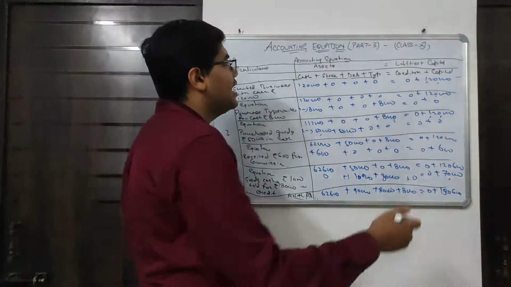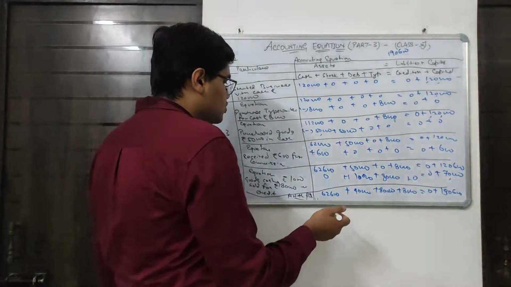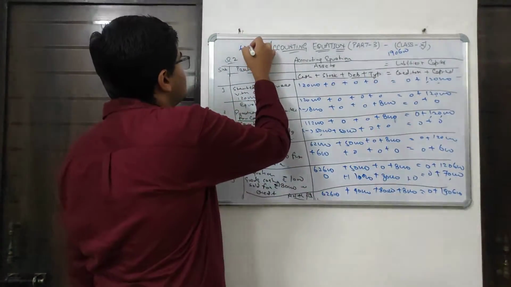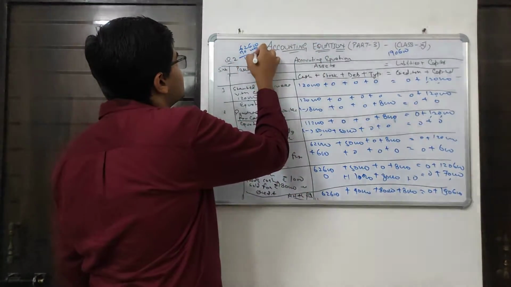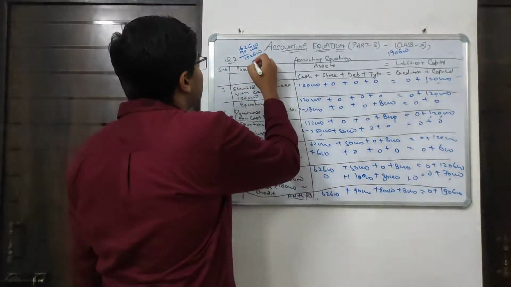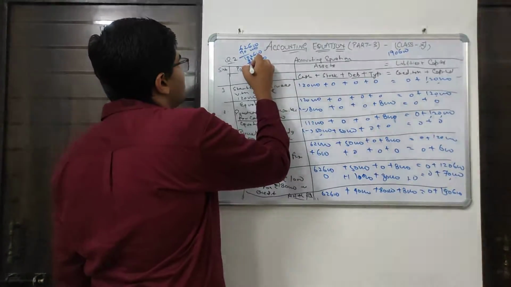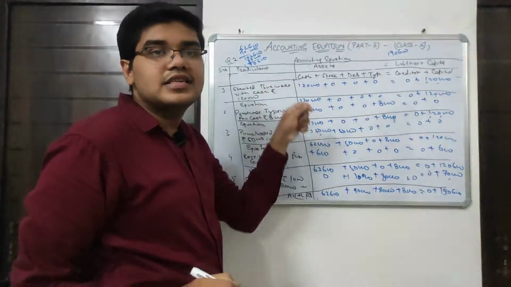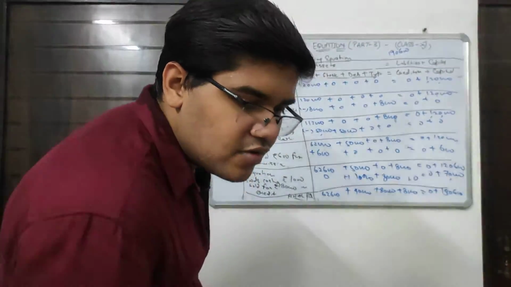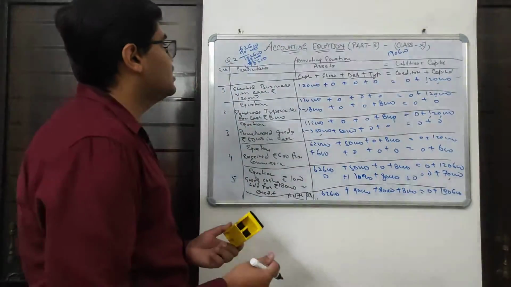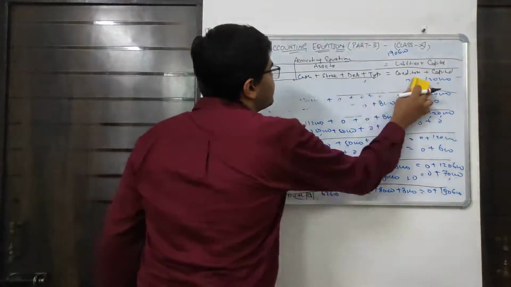Now let us see whether our equation is balanced or not. The liability side is coming 1,90,600 and the asset side is coming 62,600 plus 40,000, 1,02,600, plus 88,000, 1,90,600. So our equation gets balanced. So our accounting equation gets proved. Moving on to our third question, and this will be our last question in today's class. So let's get started with our third question.